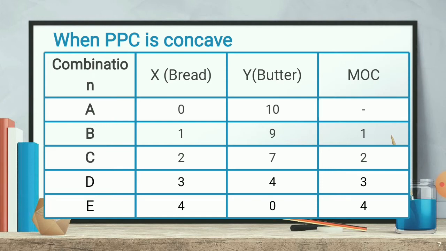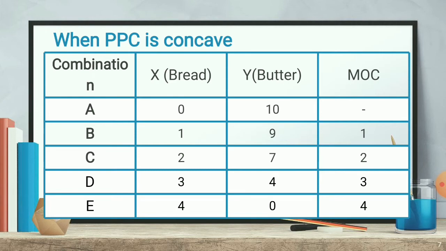Okay. The second combination, C possibility, just check it. In that, if we want to produce one more unit of bread, we'll have to sacrifice again something from the Y. So here one more unit we have taken, means total how many units we are going to produce of X? 2 units. How much is left now? Out of 9, 2 we have given to production of X. So what will happen? Only 7 will be left in the production of Y. So here again marginal opportunity cost arises.